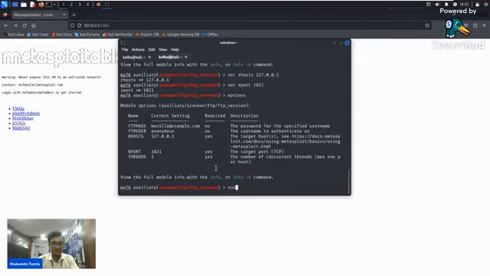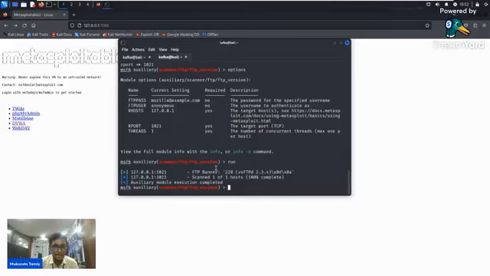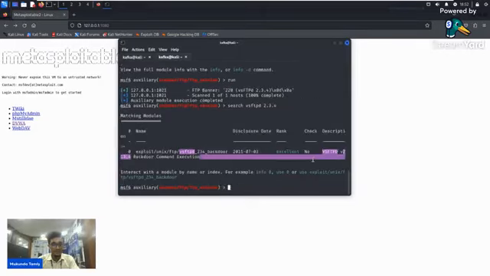Now if I run, VSFTPD 2.3.4. Now if I search for an exploit, search VSFTPD 2.3.4. Okay, now how can I use it? Use 0.